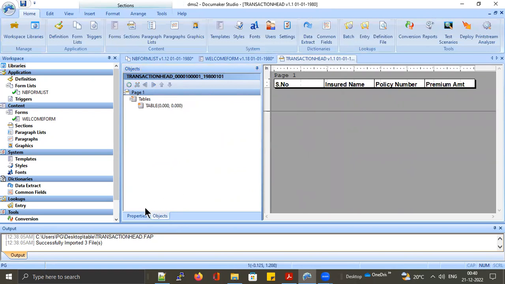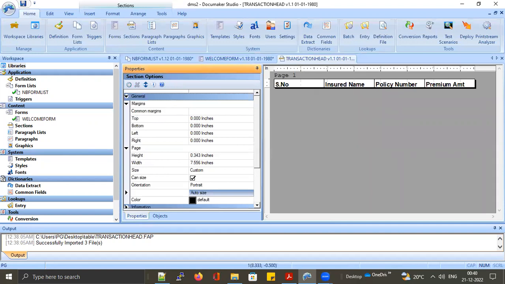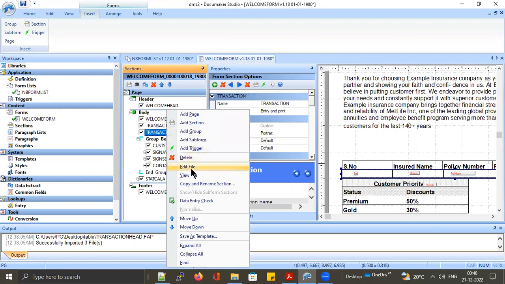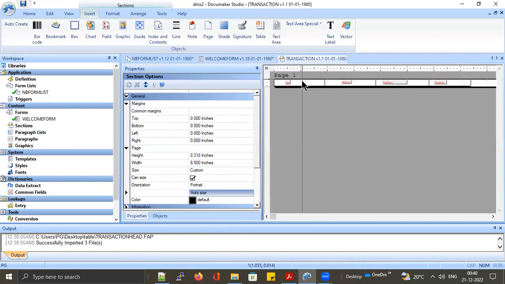So now this is just static content. This will not change at all. So we have serial number, insured name, policy number and premium amount. And the next one we are somewhat making on our own, where it's a kind of a